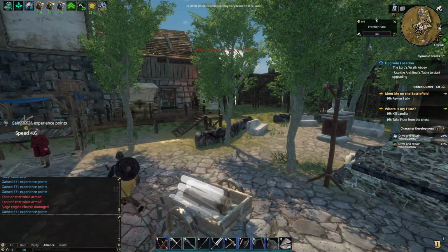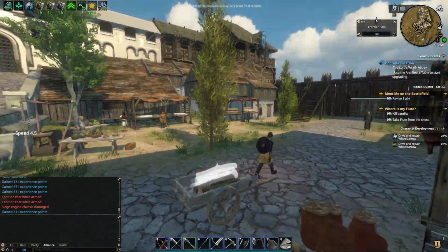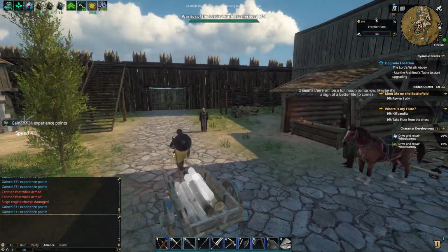Oh yeah, none of this is upgraded. Wow. And so they could take this gate down much more easily than the others. Of course, there is still the central part that's upgraded, but